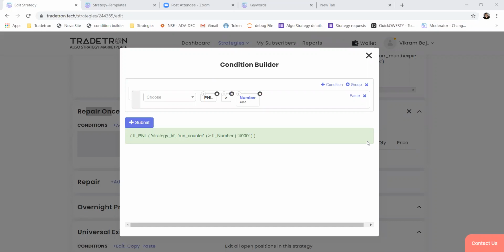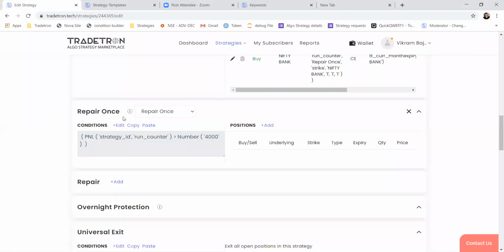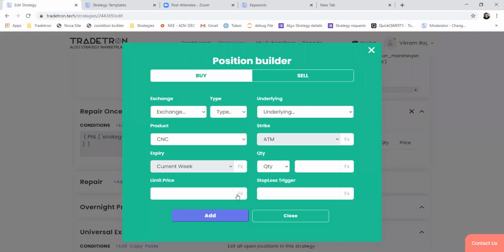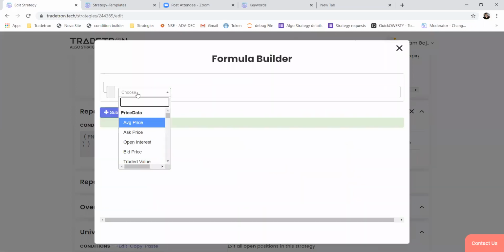Explain the limit price option in position builder. A limit order can be placed using a repair once condition. Here you can write the formula for the order price. Let's say I take entry at 100 rupees and I want to place a limit order 5% below my entry price.